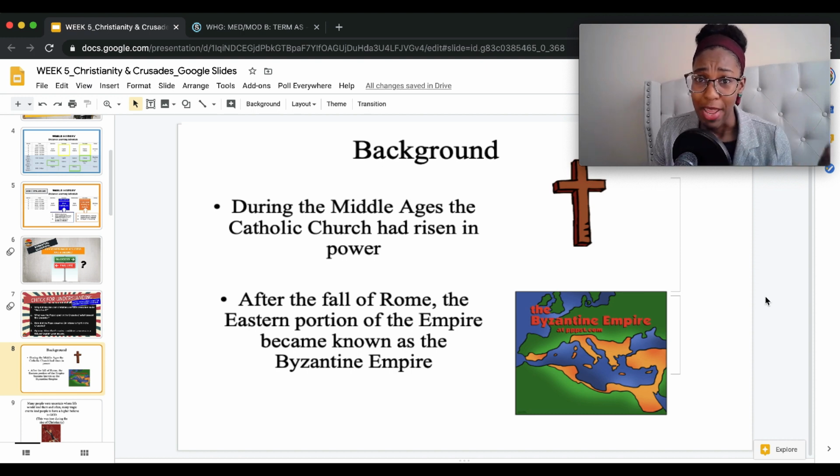Before the Western Roman Empire fell, Emperor Diocletian, remember we talked about him a while back, decided that it would be best, because we have such a large Roman Empire, to split this empire in two. Now, that was not a good idea in the long run, because one side flourished and became the Byzantine Empire, and the other side declined altogether. And that's when we have the chaos of invasion from Vikings and all of these things going on the western side of the Roman Empire.